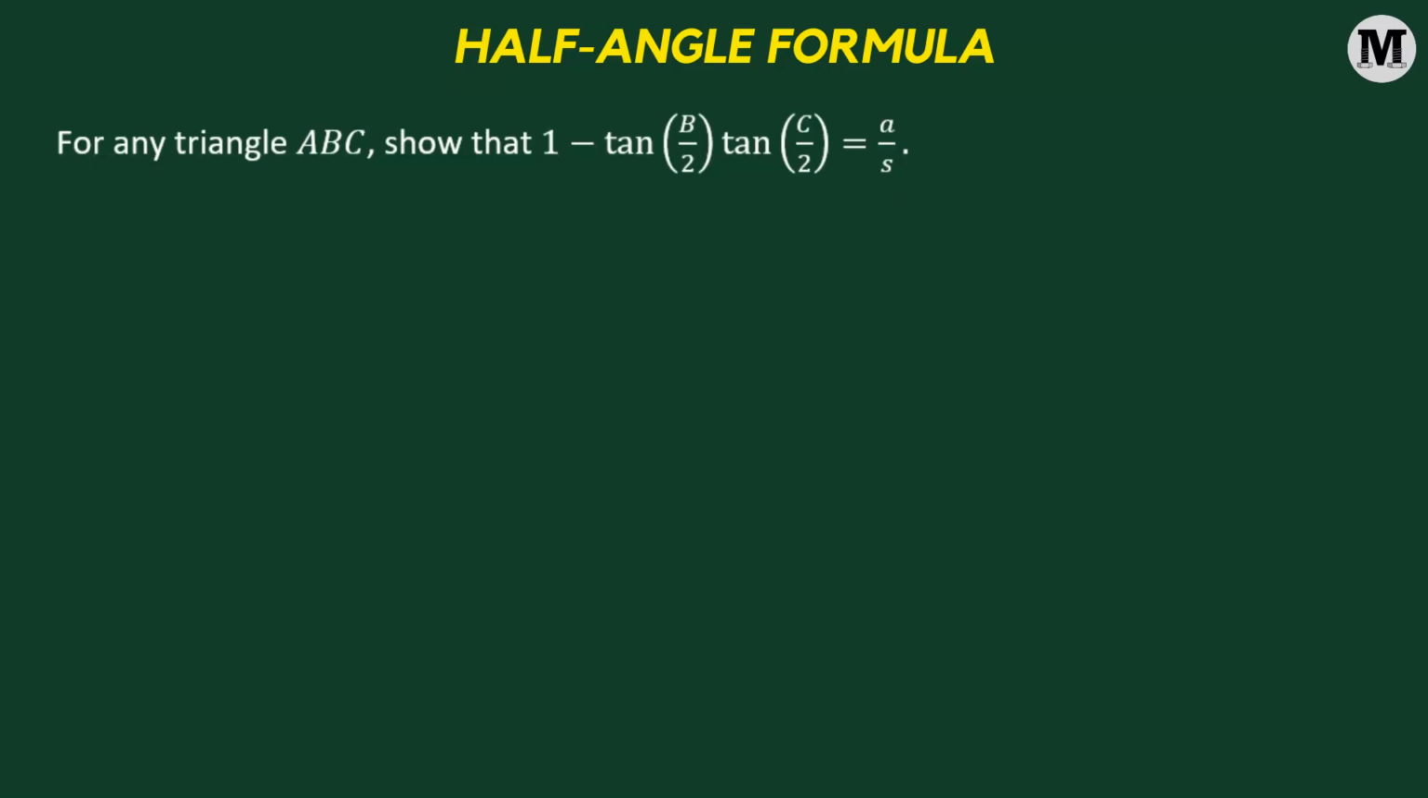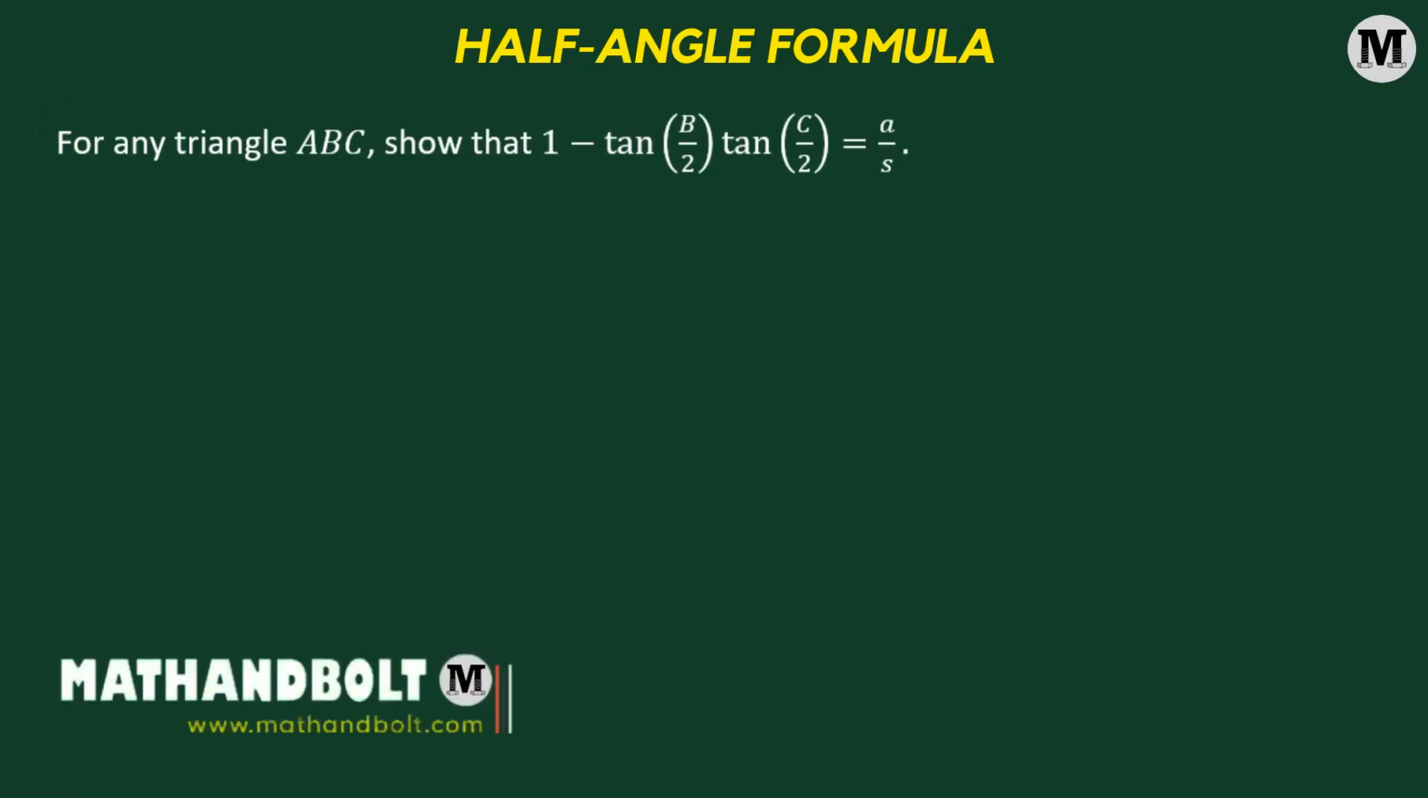For any triangle ABC, we need to show that 1 minus the product of tangent of B over 2 and tangent of C over 2 equals a over s. Let us begin. But before that, let's try to understand a few terminologies and the formulas that we'll be using to